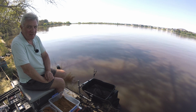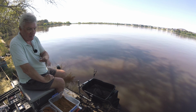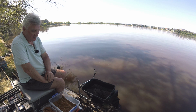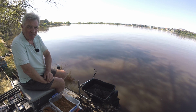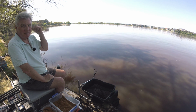It's actually fishing quite poorly. There's no real pattern to it unless you're in those 4 pegs over there, and over here today I'm on A section, which is directly opposite. You wanted the first 3 or 4 pegs of this section, and I've drawn peg 7, and on day 1 he blanked. Day 2 I think he had a couple of fish, whoever he was, and there were more blanks